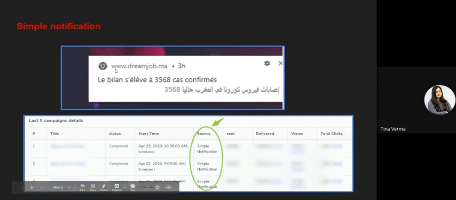It just directly contains the name of the website, the title, and the message body of the notification. Directly, if I click on this, I will be going back to their website. This is how it works. People are generally busy on some platform or the other, so how would you give them the opportunity to come to your website? This is a simple tool that lets you do that.